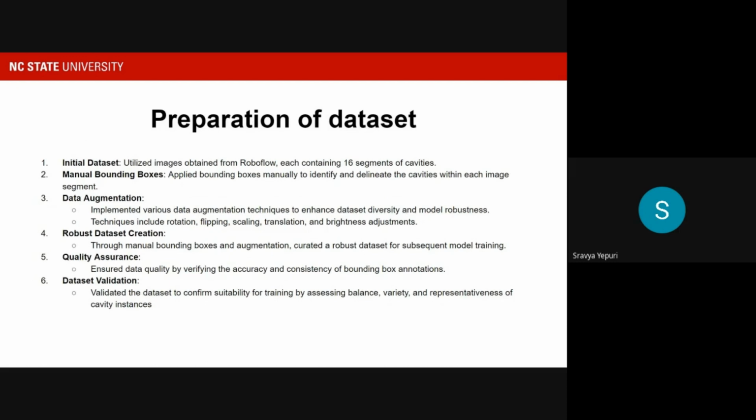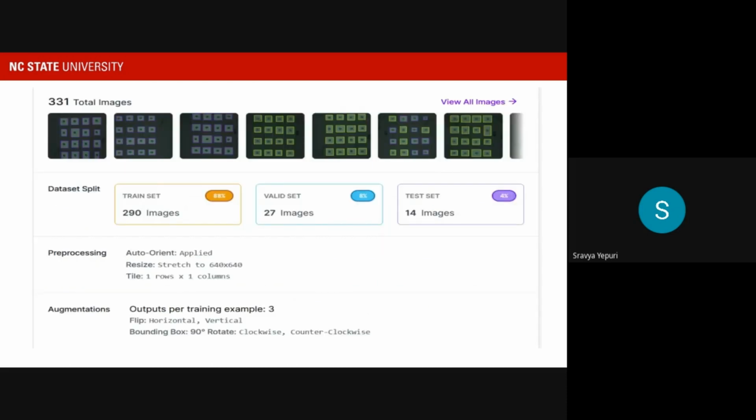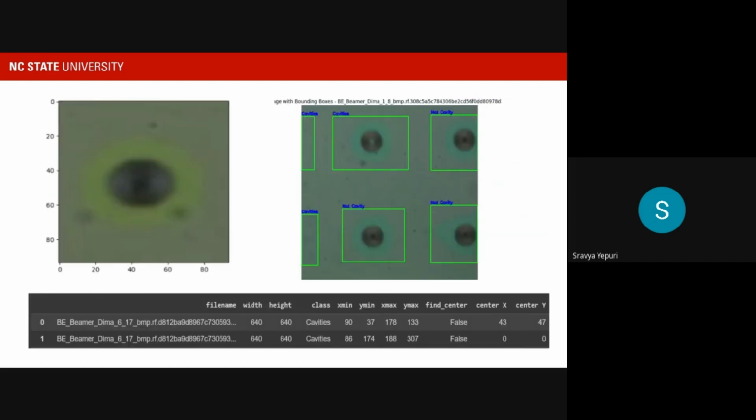low resolution images. Coming to the preparation of the data set, we prepared it by first manually labeling each cavity in an image, and an image has 16 cavities. We did this using RoboFlow. In RoboFlow we have also used pre-processing and augmentation of data. We have also changed the size of the data to 640 by 640 so that it's efficient and consistent for our machine learning model. And we have annotated the data using the fine centering algorithm, which mainly